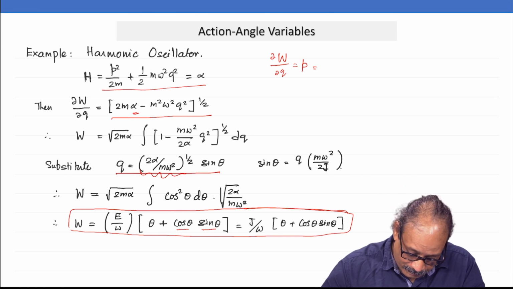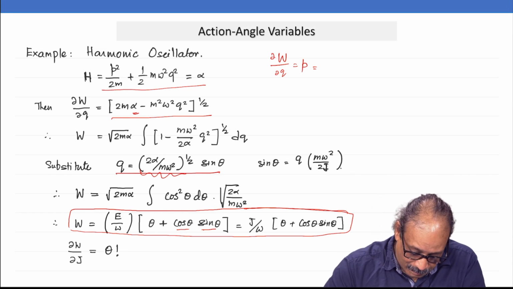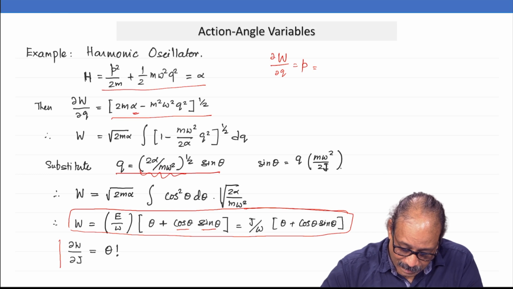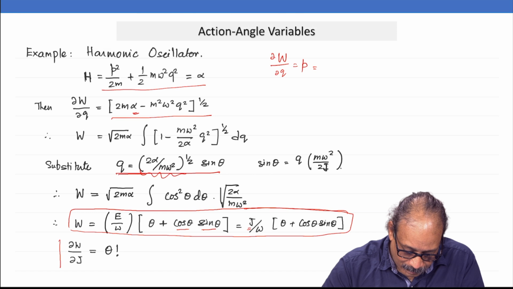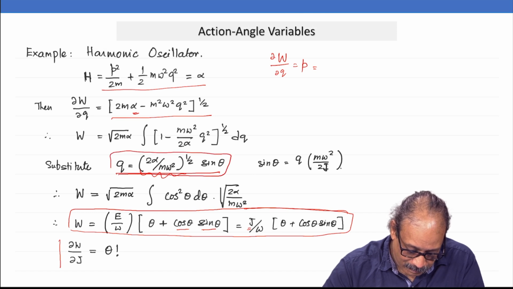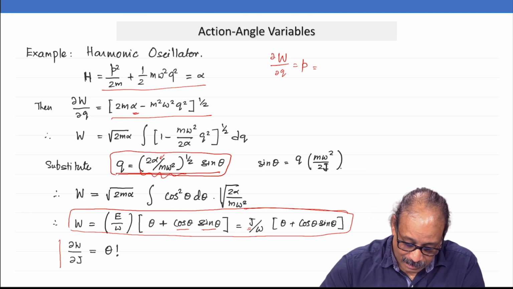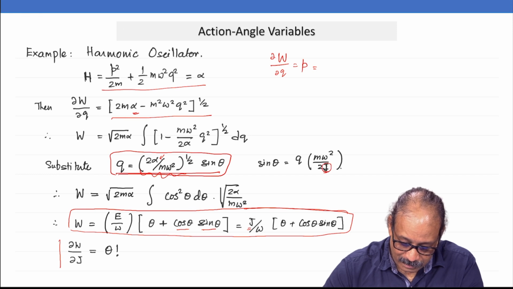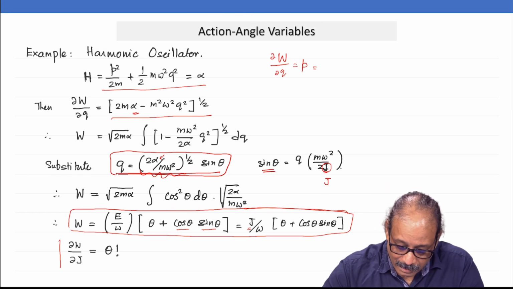Okay. Now, calculate this. I am going to leave this calculation to you people. Take a derivative of W with respect to J. Remember, J appears here as a multiplication, but J is also there in theta. Remember, Q is this after substitution. When we went from the Q variable to the theta variable, there is alpha there. Okay. Remember, I must substitute this alpha by J. When I constructed the W function, I replaced all alphas by the new momenta. So, new J will appear here. So, your theta includes J.